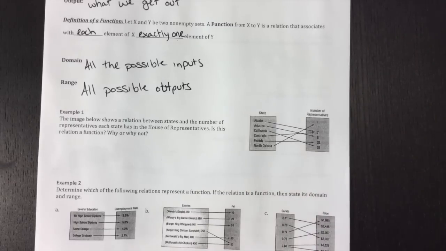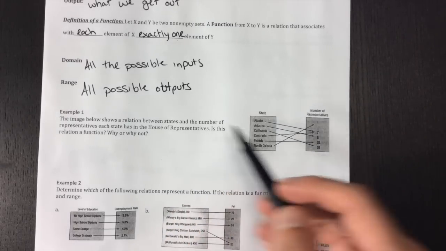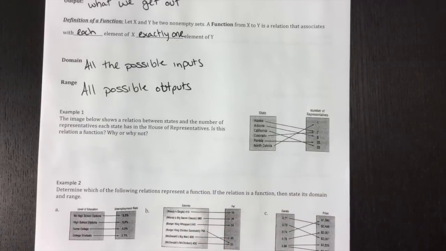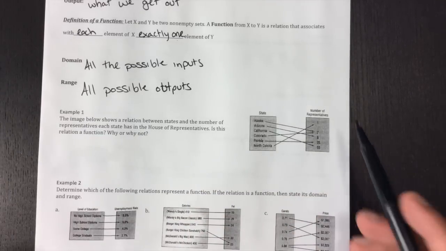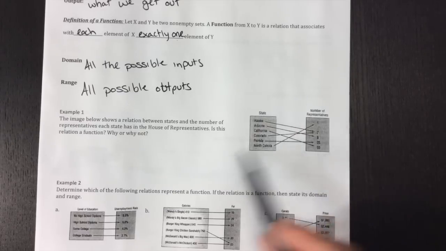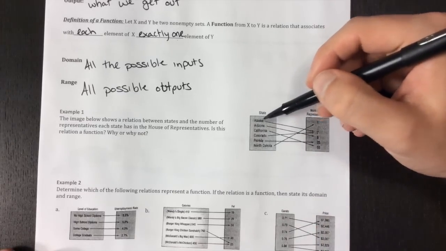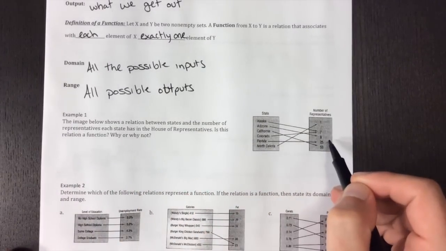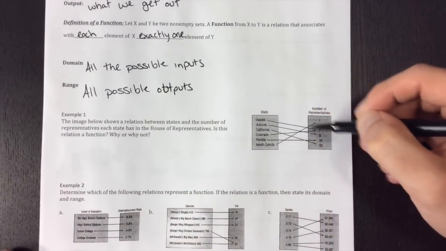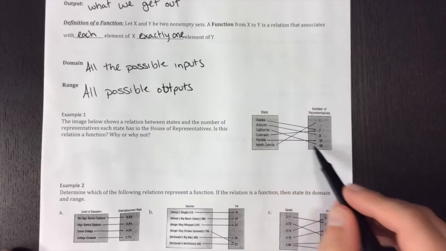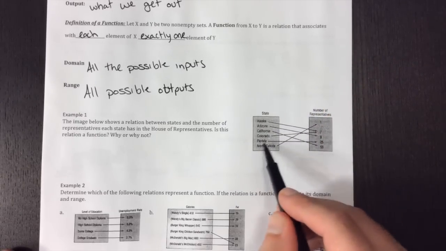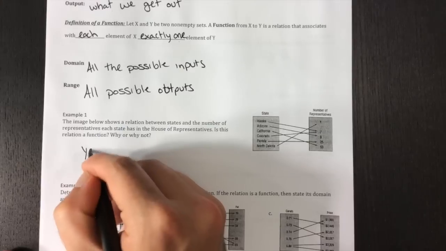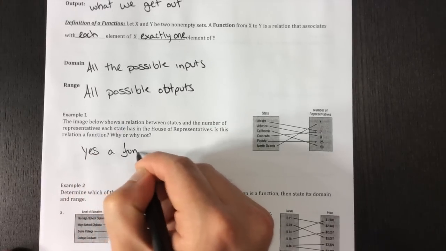Looking at this image, we have a relationship between the states and the number of representatives for each state in the House of Representatives. So it's asking, is this relation a function? It's a relationship between two things, and what we're looking for is, does every input go to one output? So Alaska goes to 1, Arizona goes to 1, California goes to 1, Colorado goes to 1, Florida goes to 1, and North Dakota goes to 1. So yes, this is a function